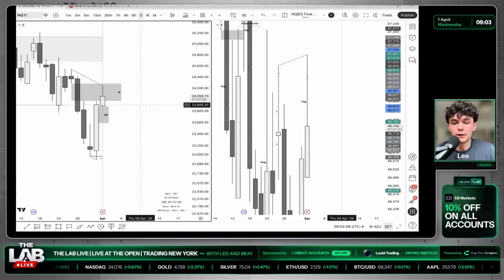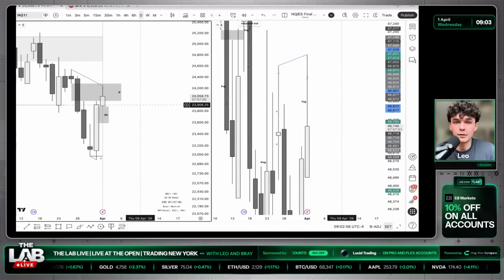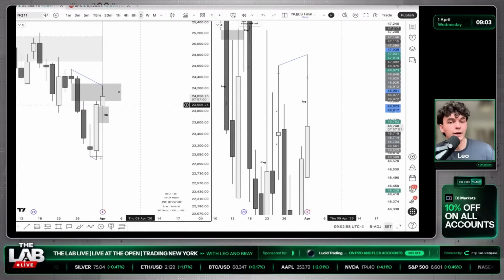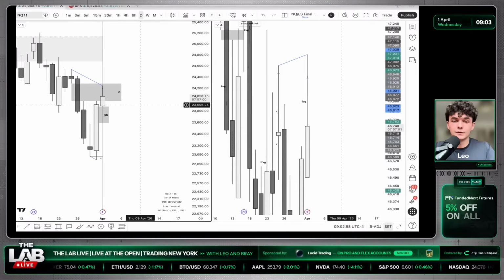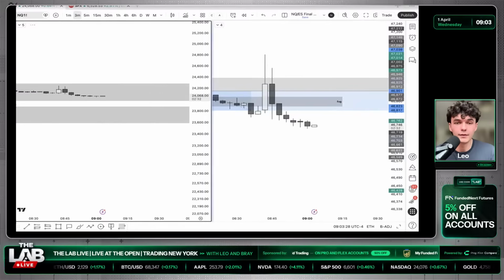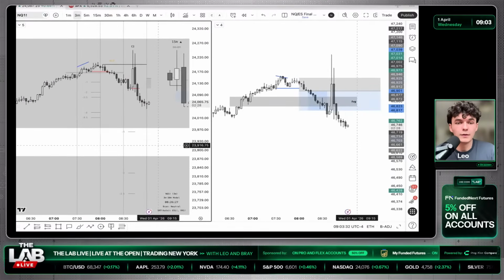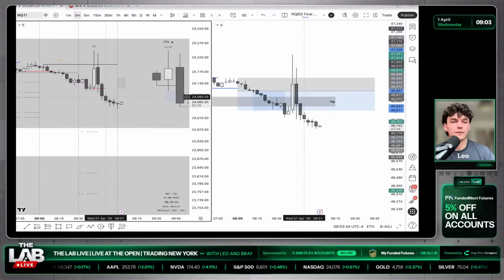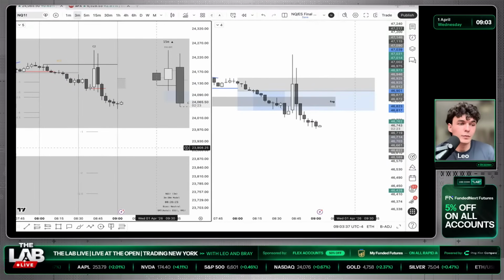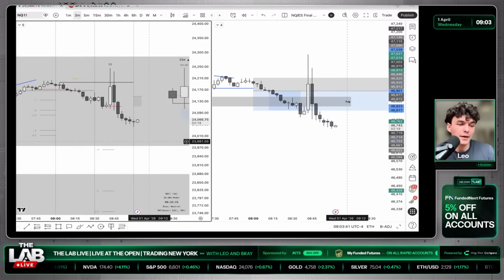We are getting pretty close here to the New York Open as well, so we'll have to see how we can approach trading the NYO for today. But as of right now, I am tradeless. I don't have any potential setups yet. Just sitting on my hands to see how we're going to play out here on the 3 and the 15 pre-New York, because since the Trump news, we're seeing a bit of an accumulation form, very weak candle bodies with large wick formations. So I'm less keen on taking this setup at the moment.